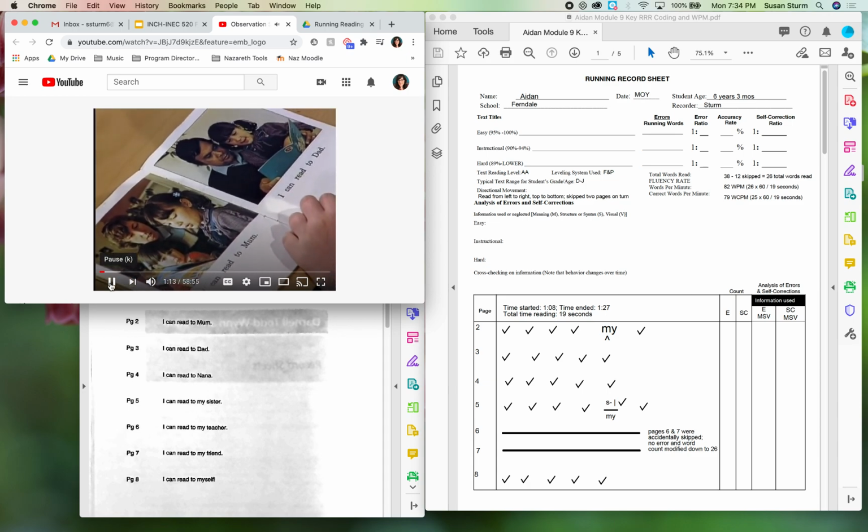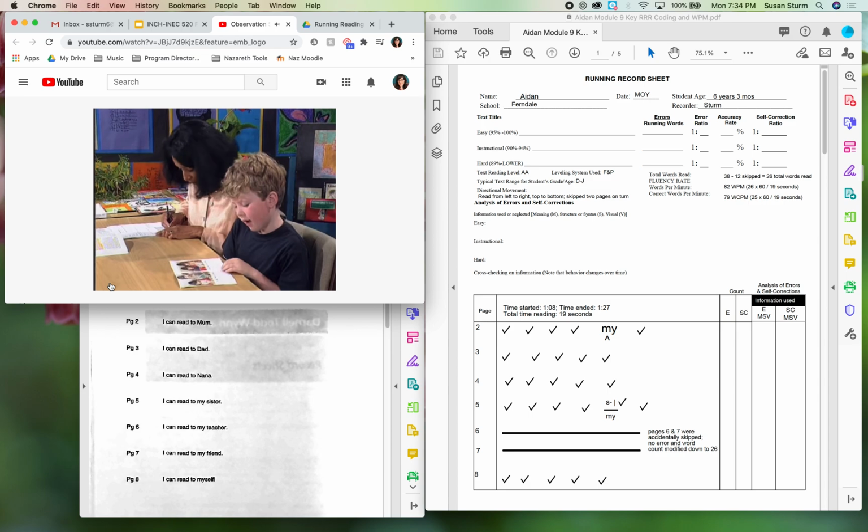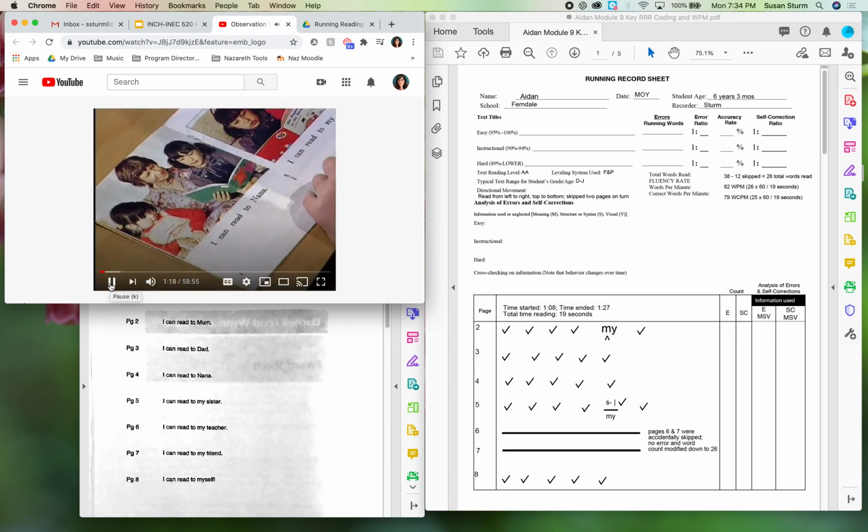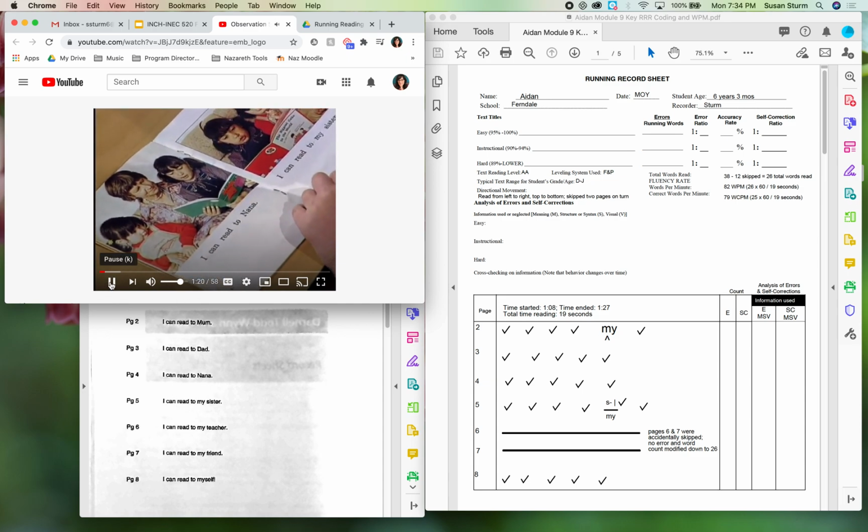I can read to Dad. I can read to Nana. So two pages lapsed and he didn't make any mistakes. I can read to Dad. I can read to Nana. And so now we're on page 5. I can read to